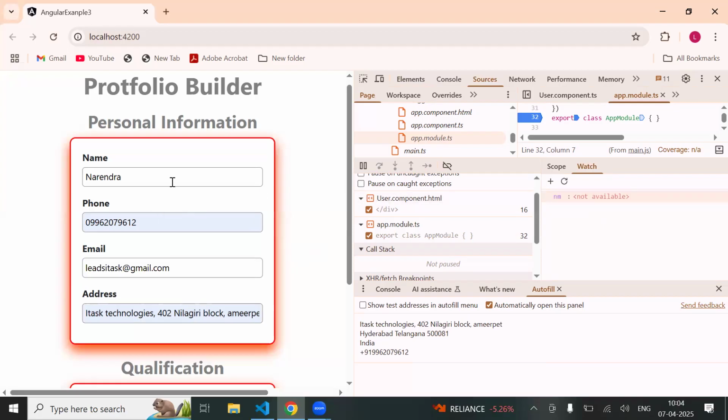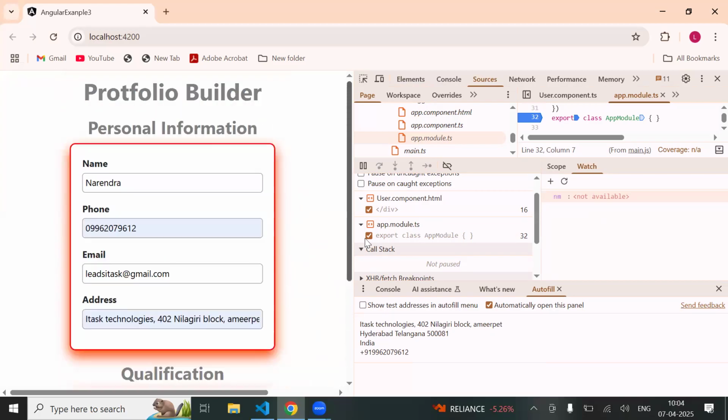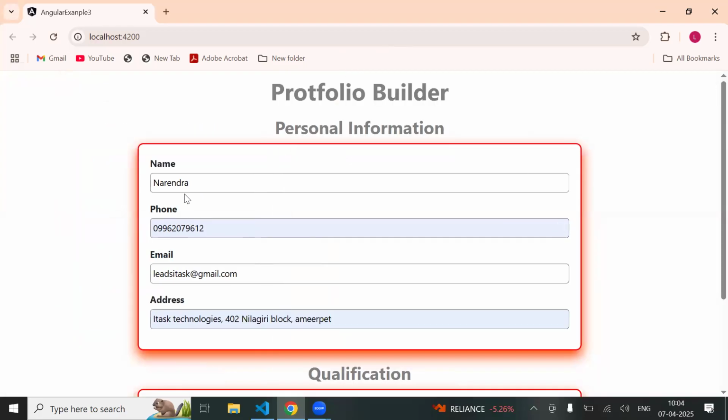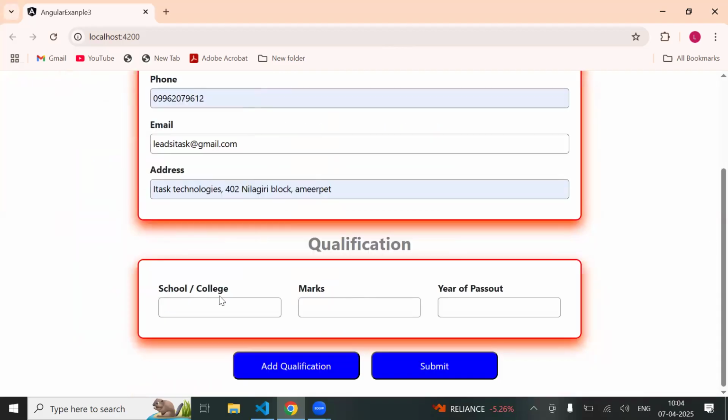You got the data? Name, Narendra, everything. Say yes or no. Yes. But again, sir, you got the data. Now, what I want to do in the qualification, I need to pass here as an